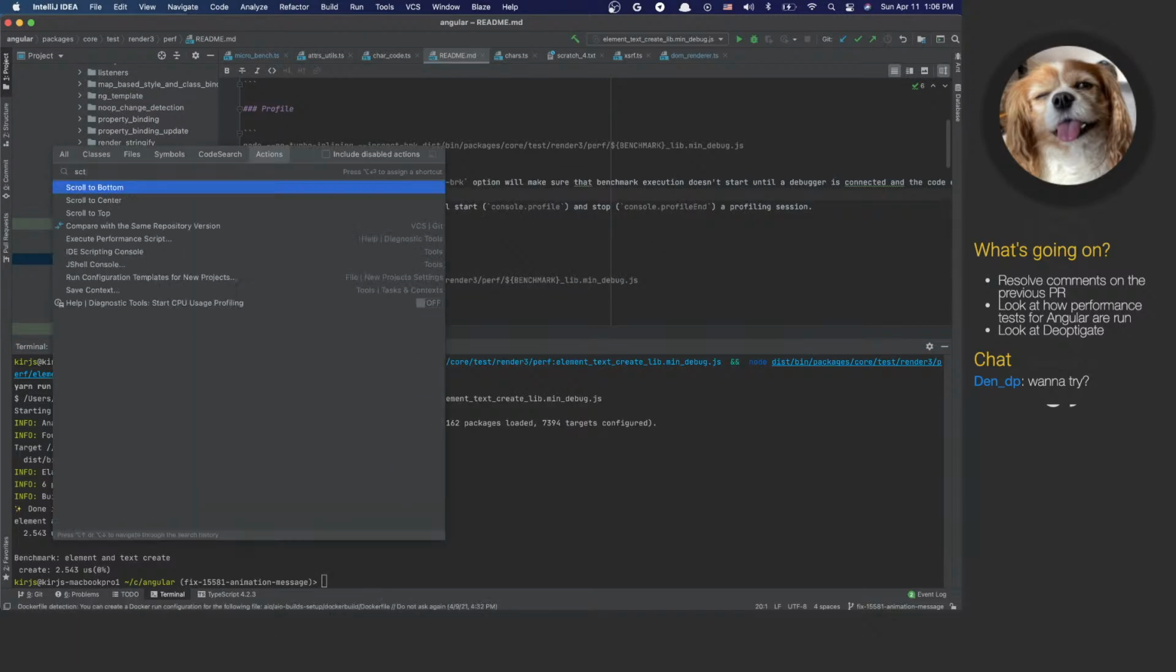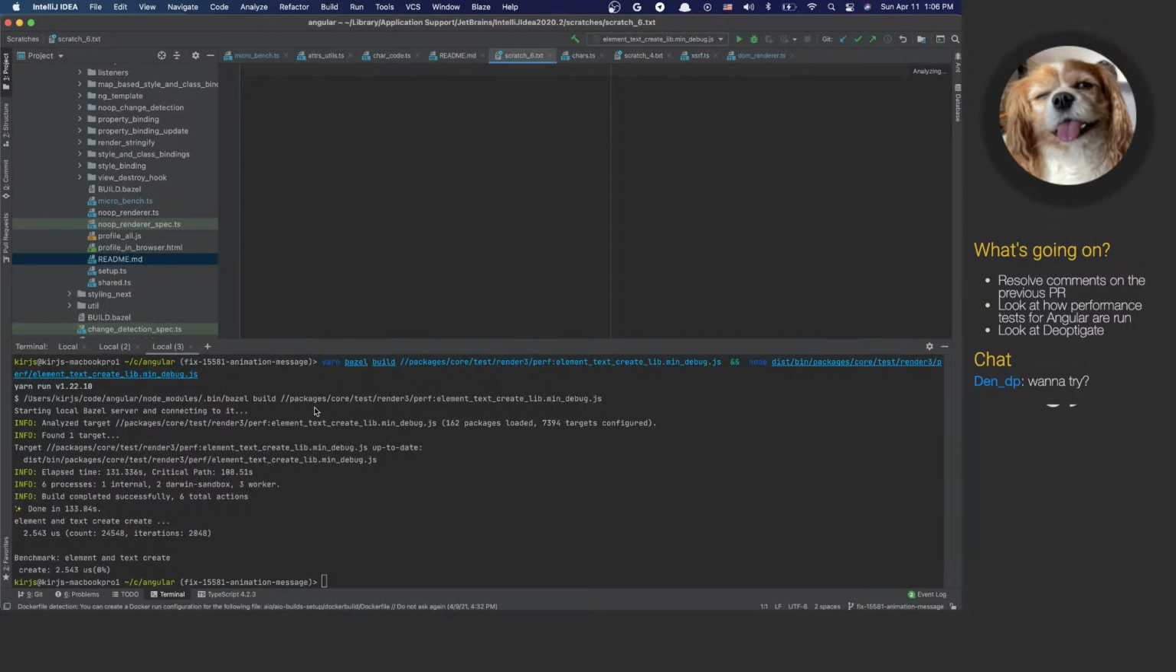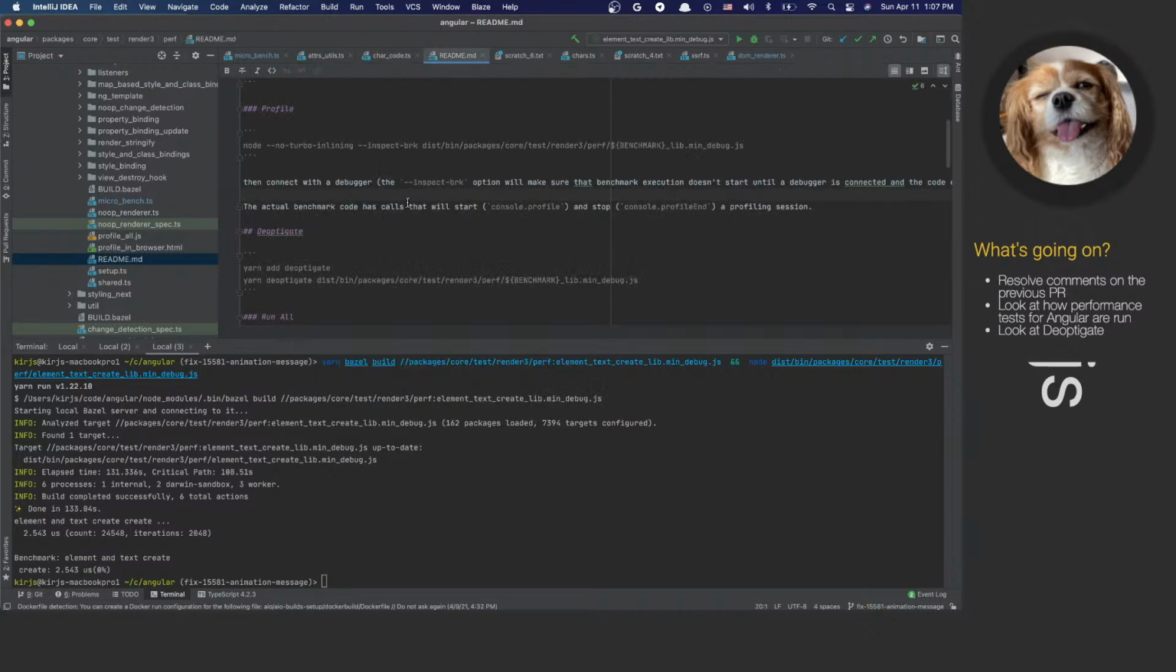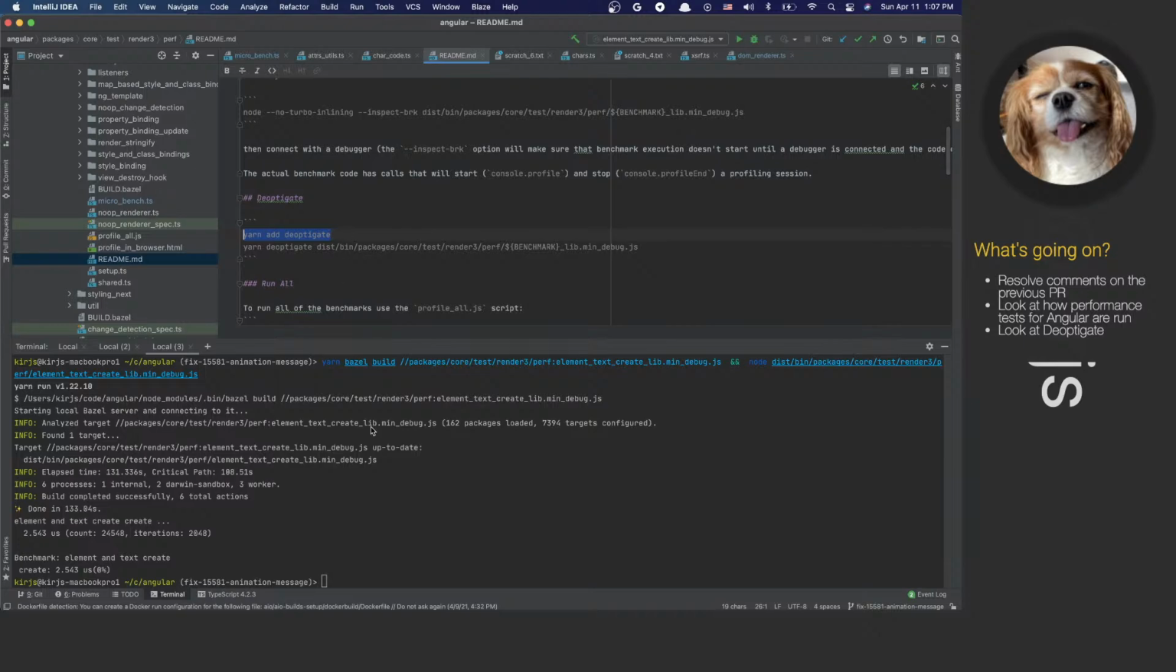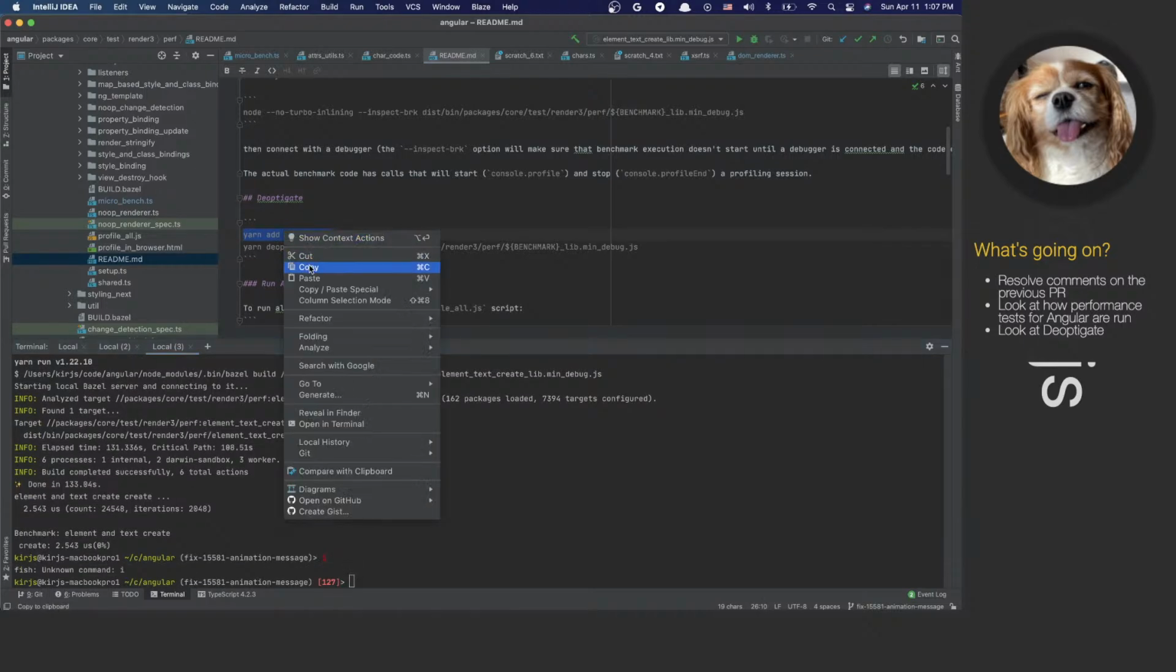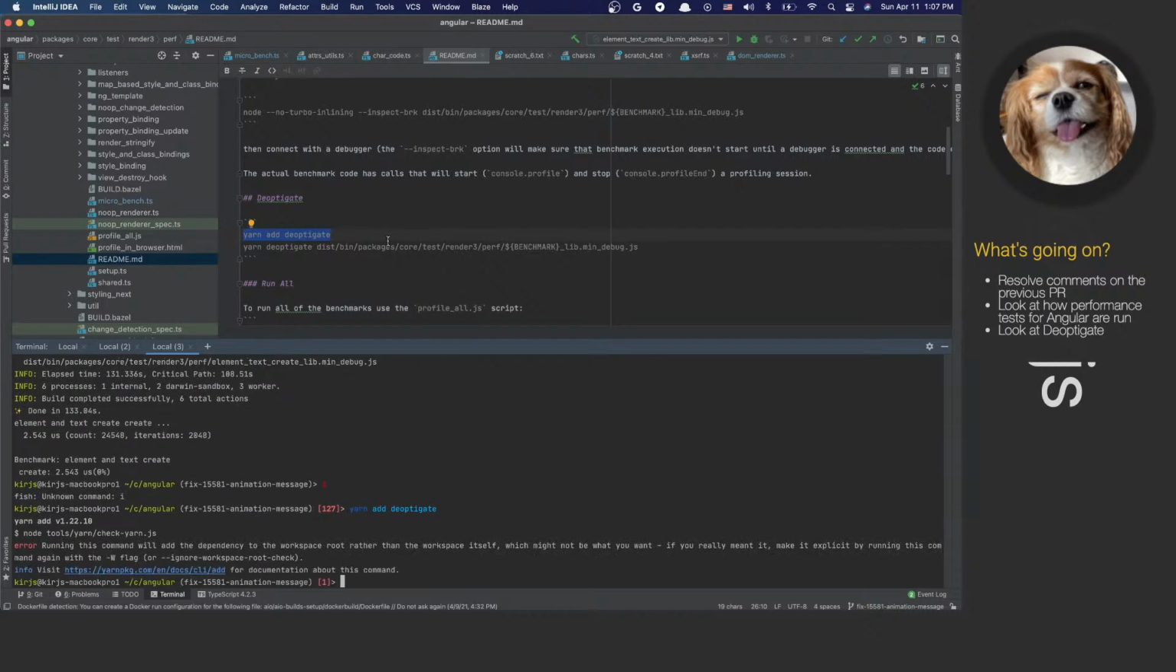So I'll create a scratch file. And then I say test 1 original version. Cool. I'm still not sure what this count and iterations are. All right, so let's try the deoptigate thing, right? So I'll install it. And then,